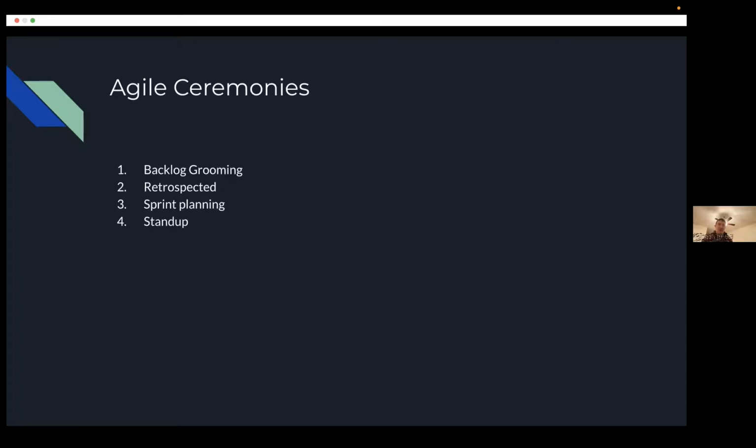There's also a retrospective at the end of the sprint where it's supposed to be very inclusive, and it's basically saying, what did we do right? What could be done better? And where are we going to plan for next sprint to make sure it's even a better sprint? So it's iterative feedback within the team, less about the end product, but more about team dynamics.